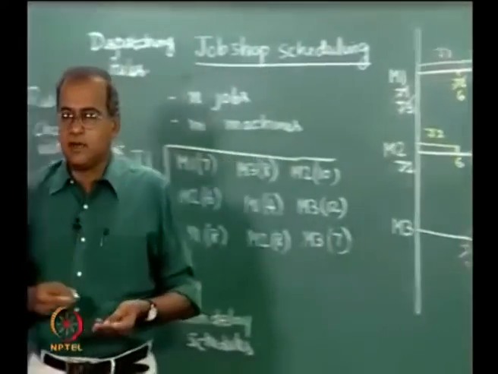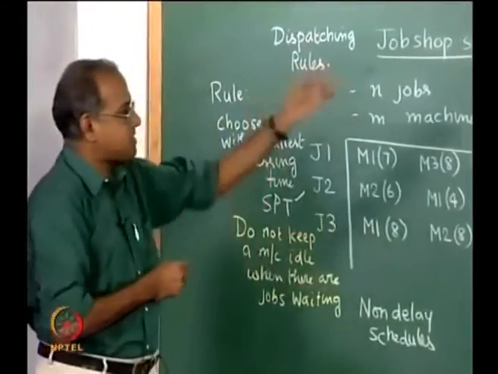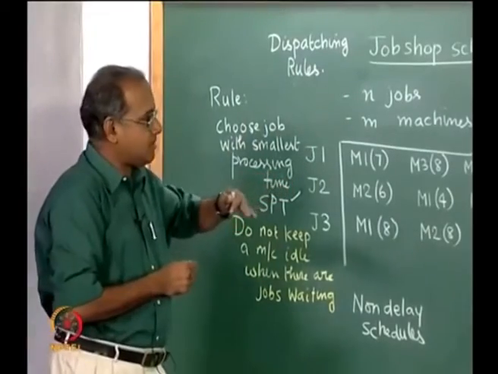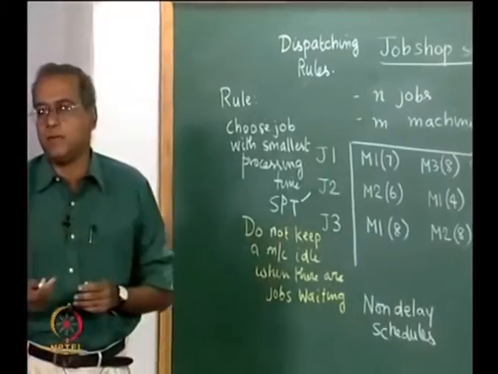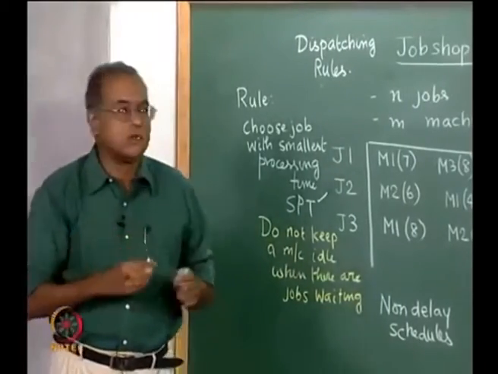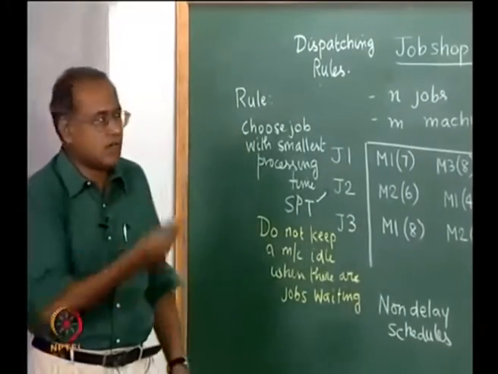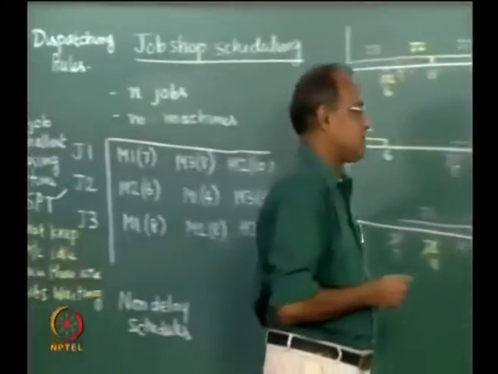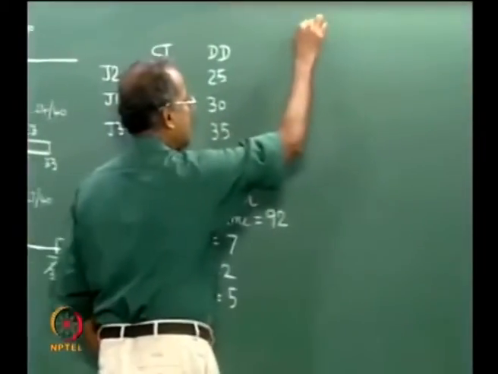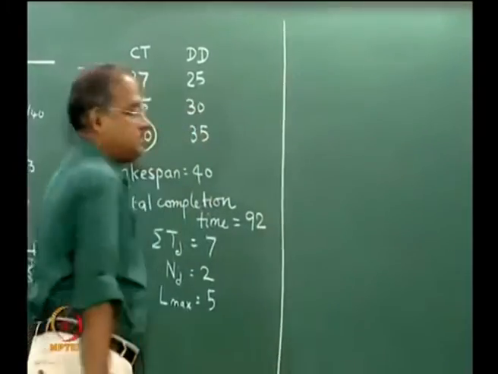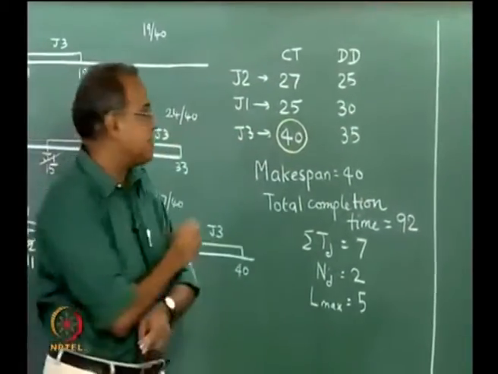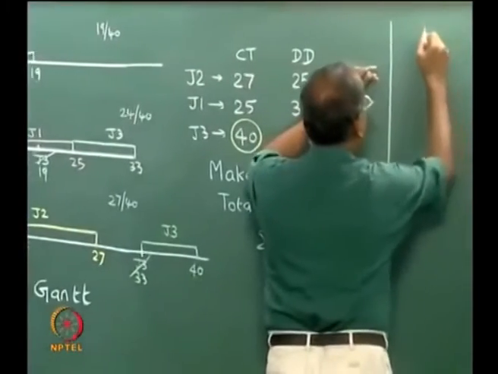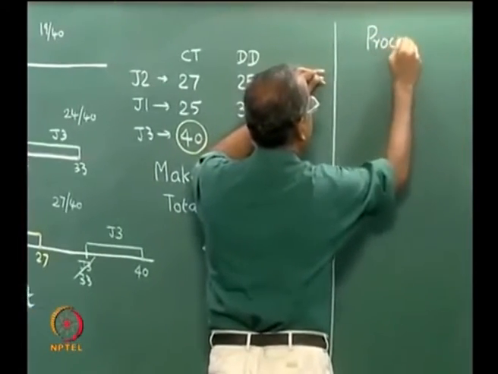Now, as mentioned earlier, depending on the dispatching rule, the Gantt chart can be created, and there are several dispatching rules that are available which one can use to create Gantt charts. So, let us see some dispatching rules which are commonly practiced. We also have categories of dispatching rules. So, the first category are processing time based.